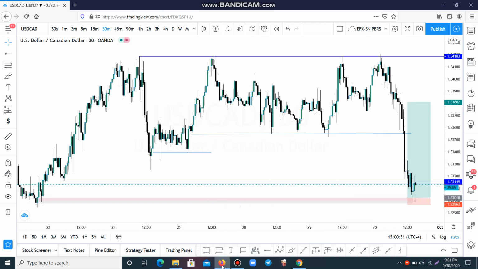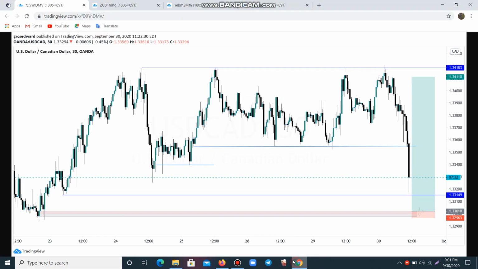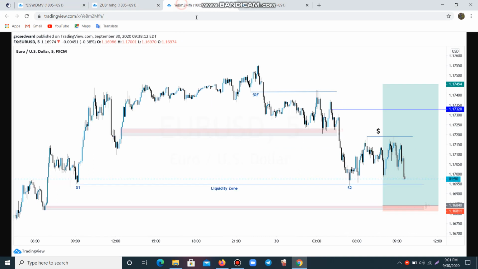Then another trade that was on my list today was this one, the Euro USD. This is a 5 minute chart. I see the market build a strong level of liquidity. If we check here, we've got the inefficiency that is happening here. The market comes, touches the inefficiency here for the first time, goes up. You see how we mitigate the break of structure here. Then I call it an